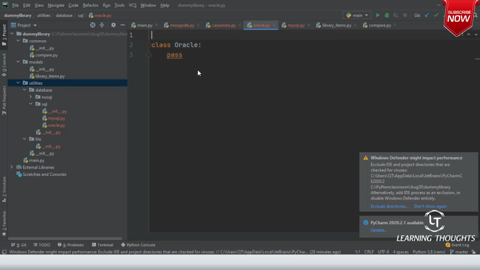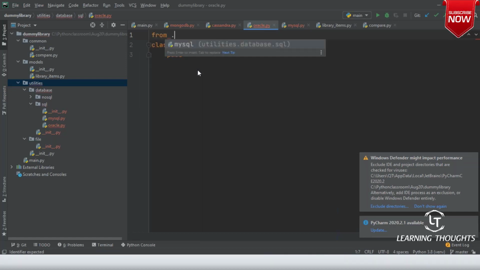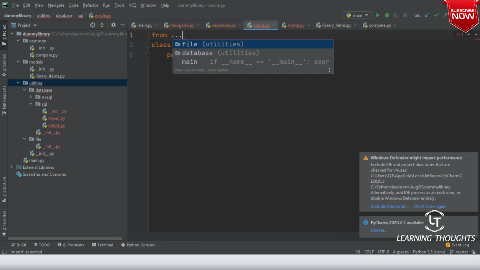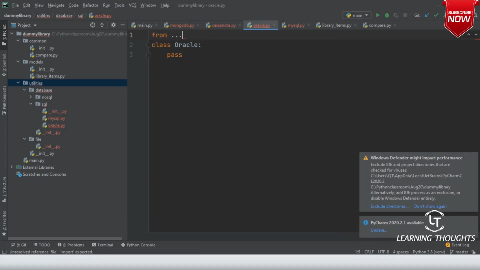Over here I can do relative imports by typing from dot dot. Are you seeing when I type dot dot, you are seeing NoSQL? So dot means current folder. Dot dot means one folder above that. Are you seeing file and database? I'll go with one more dot. File and utilities. And let me go with file utilities. Let me not go very much deeper.